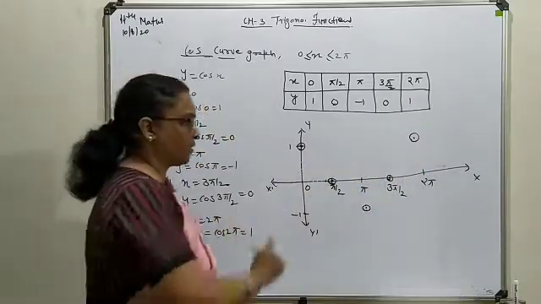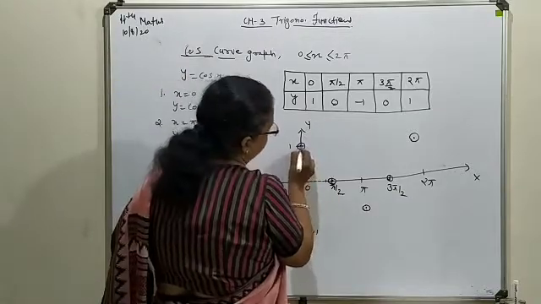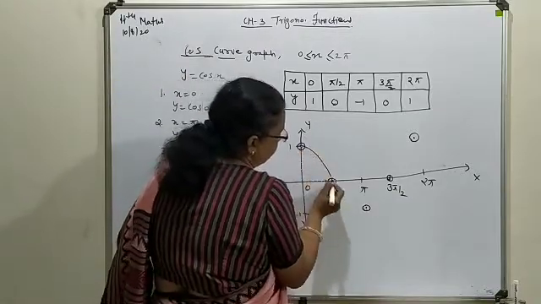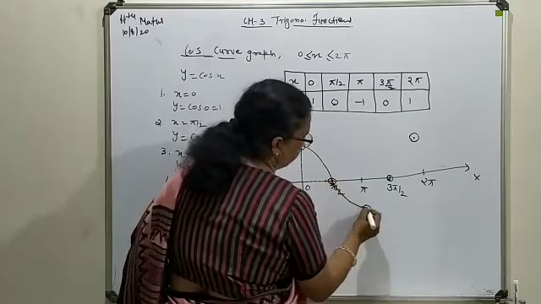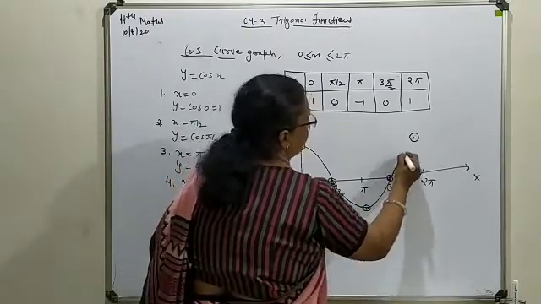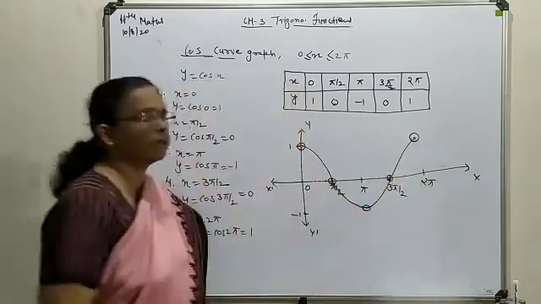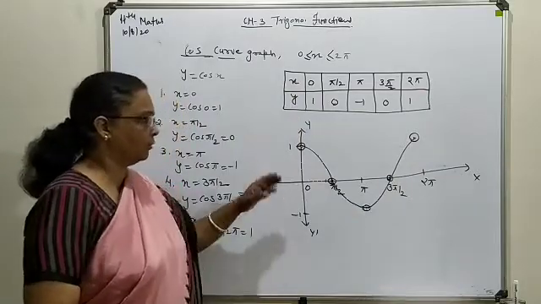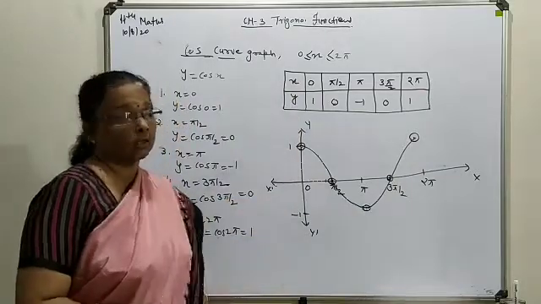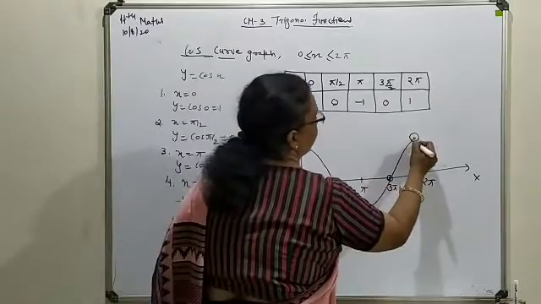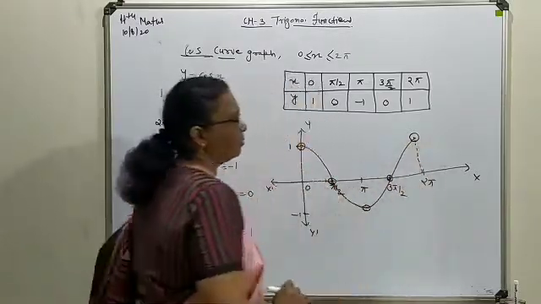Now again with the help of a curve we are going to join them. Don't use a scale to join them. So some curved format you have to follow. So this is the cos curve you will have. So it is called one loop of the cos curve. This way it will be complete at 2 pi.